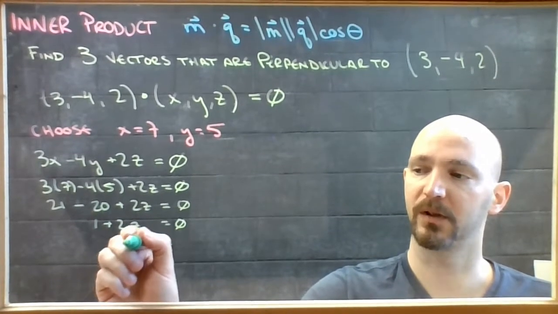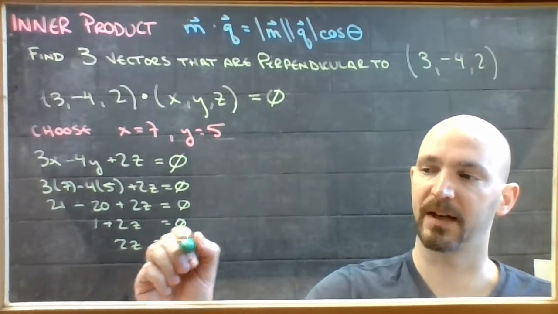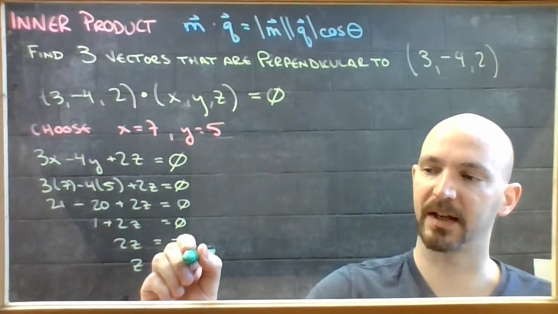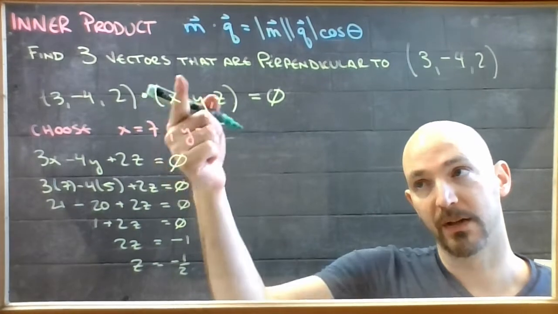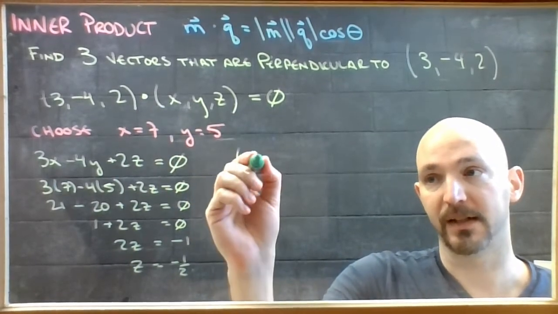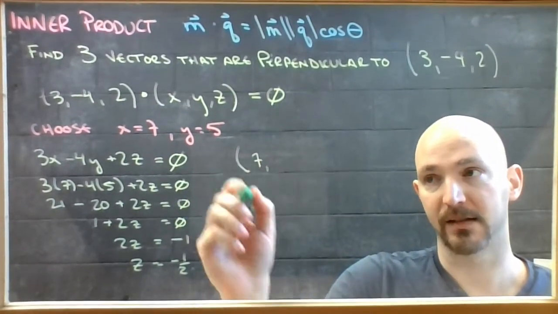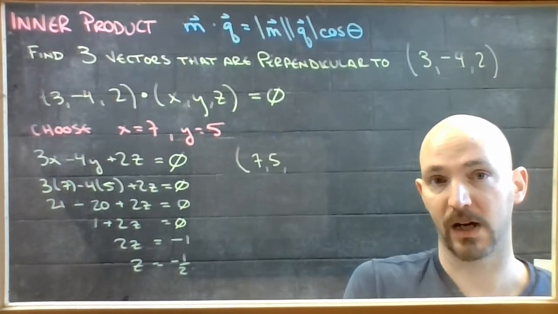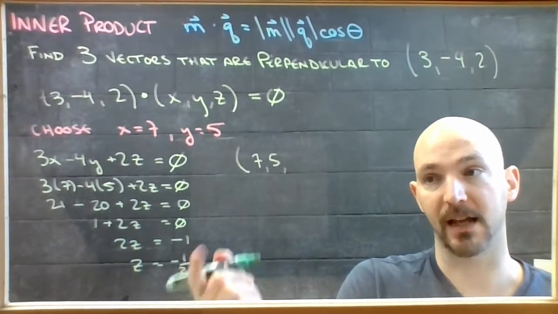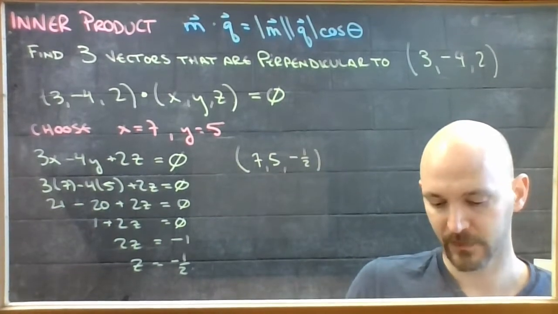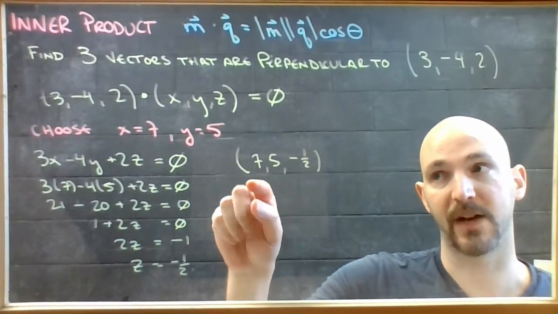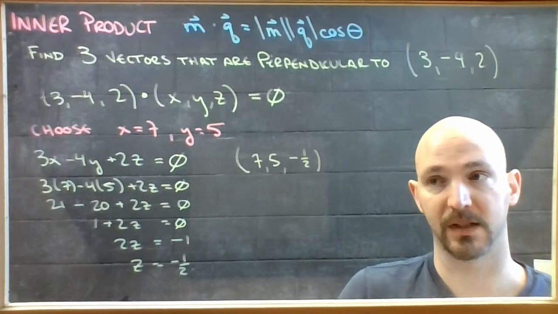Kick this over. 2z equals negative 1. Z equals negative 1/2. So if I have a vector that's going 7 in x and 5 in y, and I make the z go down 1/2,